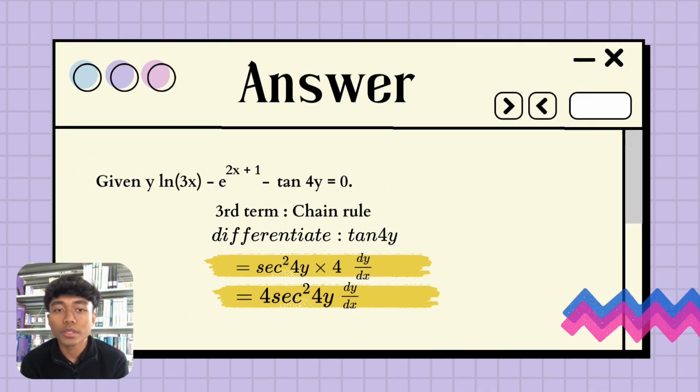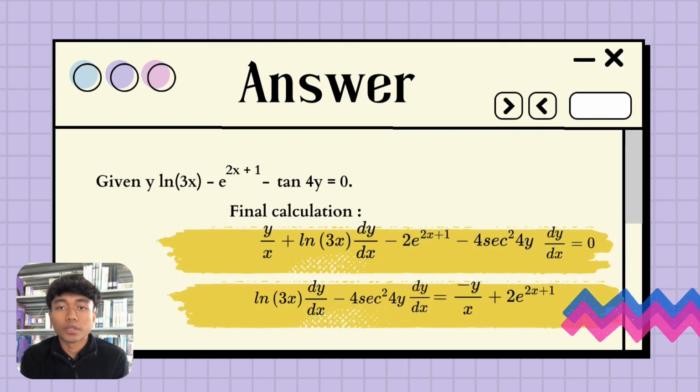So we will get secant power of 2 4y multiplied by 4 dy dx, and we will get the final answer, which is 4 secant power of 2 4y dy dx. Okay, so lastly is the final calculation. What we need to do is combine all the three terms that we have calculated just now